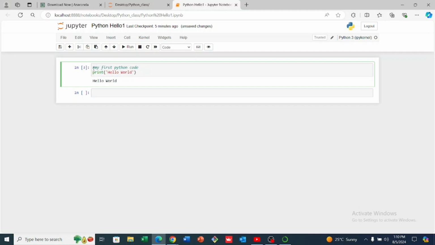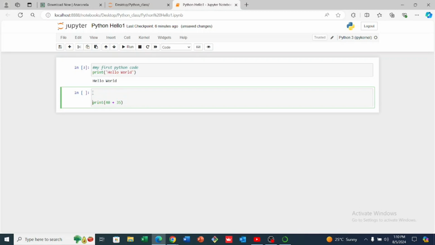They are just like statements that help the user to be able to understand what he or she is doing. So this line basically tells us that this is the first line of code the user has written. So this part is not part of the code. I hope you understand. So the only code we have here that is being run is this. So this is just a comment that can state what an individual is trying to do. So for example, if I say print 40 plus 35,